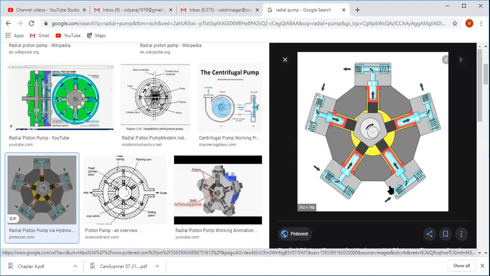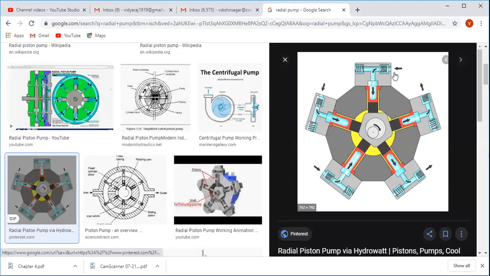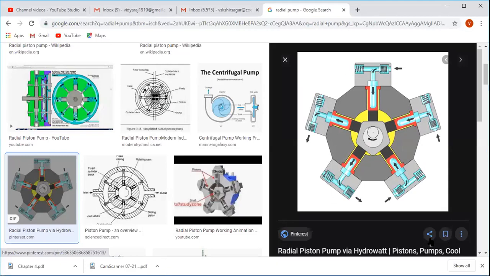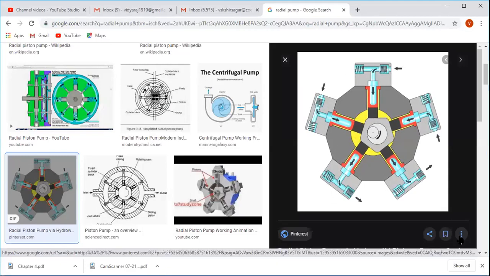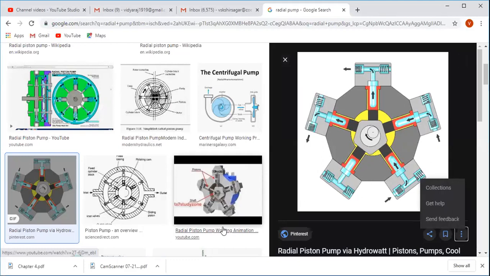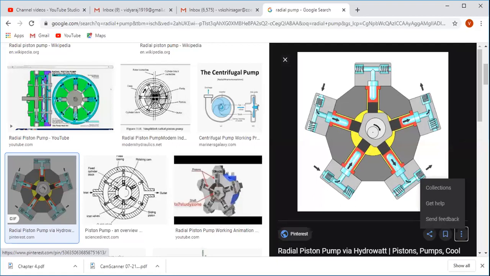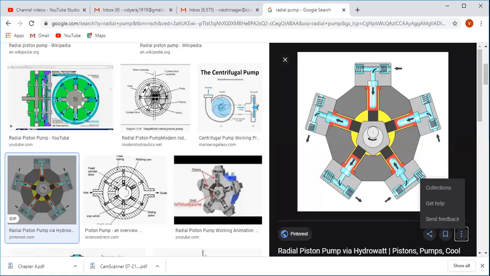See here, the animation is shown here. A fantastic animation to understand the function of the radial pump. Are you getting it? Is it visible to you? It shows how the pump radially pushes the material, the entire sewage material, towards the axis, and from there how it is forwarded in the forward direction by the pump. It is being explained fantastically through this.